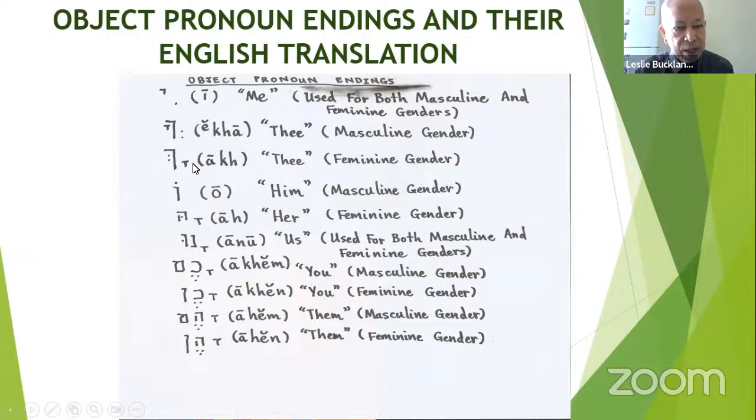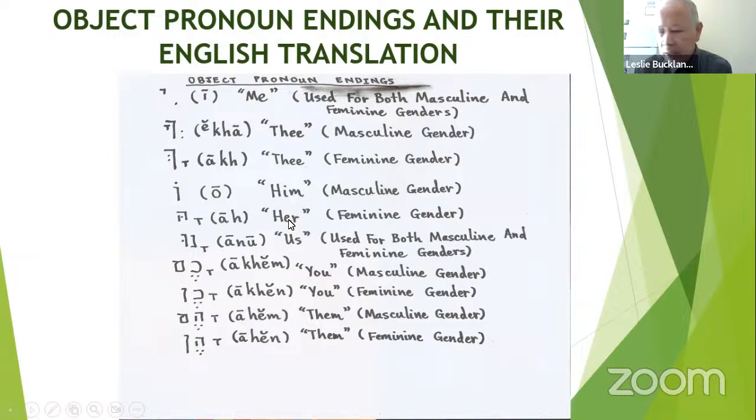This is when you're using it in reference to the feminine gender. This looks just like the possessive pronoun ending, third person singular, masculine gender, and it is pronounced the same way, o, but instead of translating it as his, which is the possessive pronoun translation, the object pronoun translation is him, masculine gender. This looks the same like in the possessive pronoun ending, and it's pronounced the same, a, but the